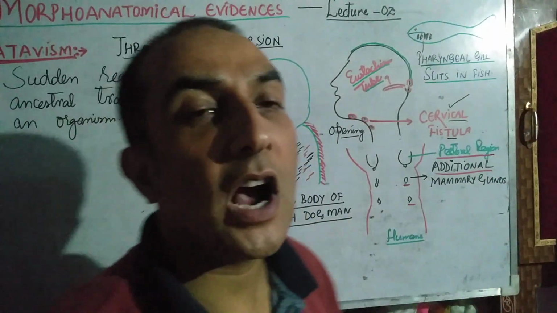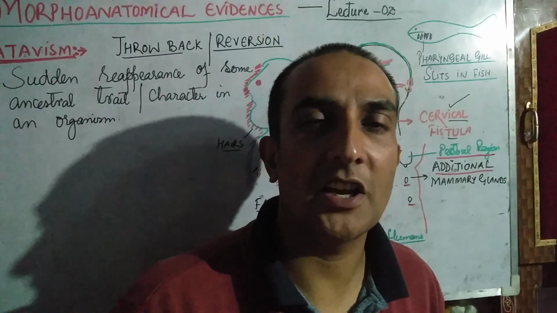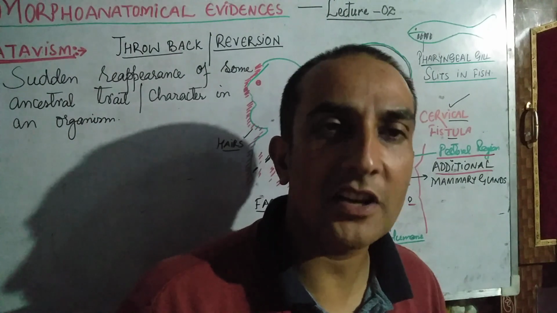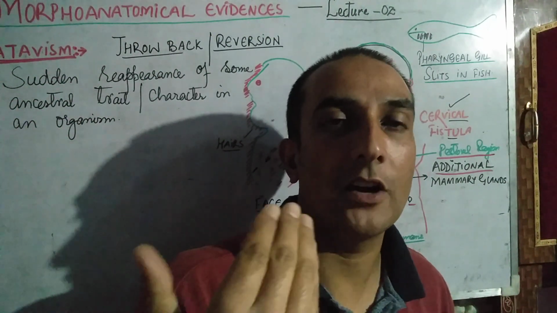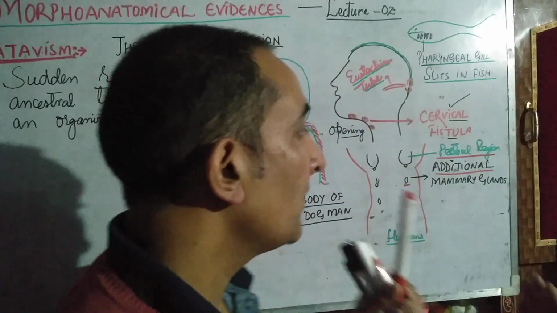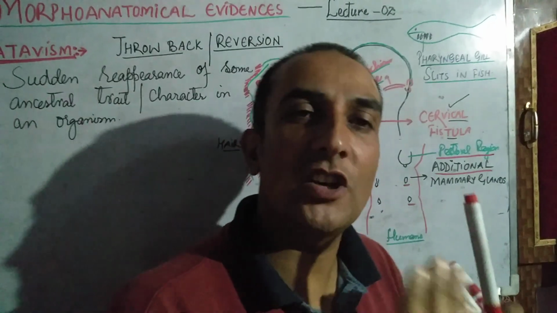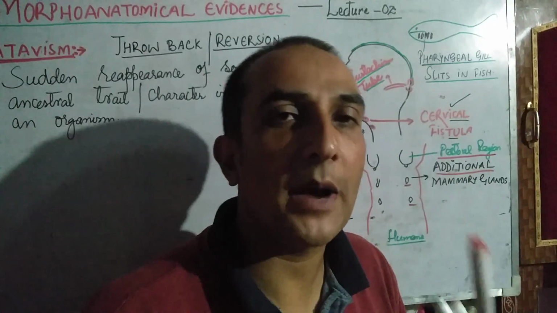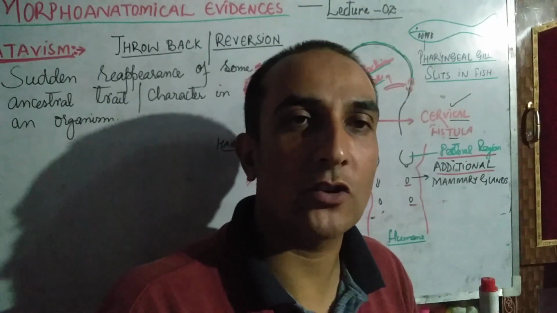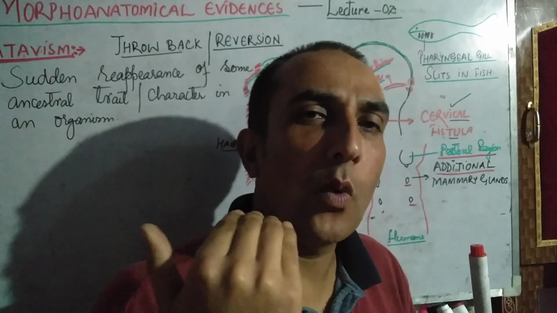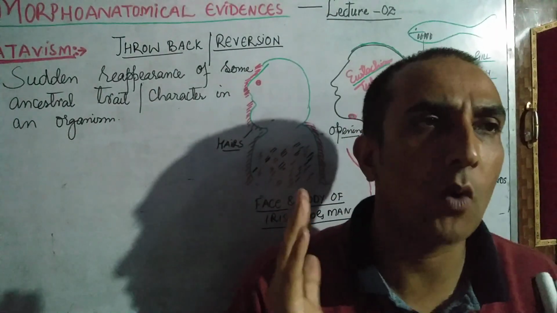And as in other mammals, besides being in the pectoral region, there are mammary glands in some other regions of the body also, like in the abdominal region, as in dogs, etc. So basically it says that humans evolved from some animals which possessed additional mammary glands besides the pectoral region mammary glands. We have lost this character in the evolutionary course, in the evolutionary time.